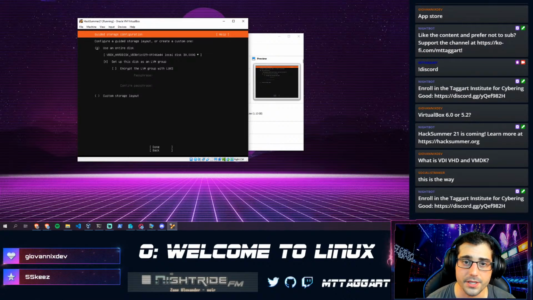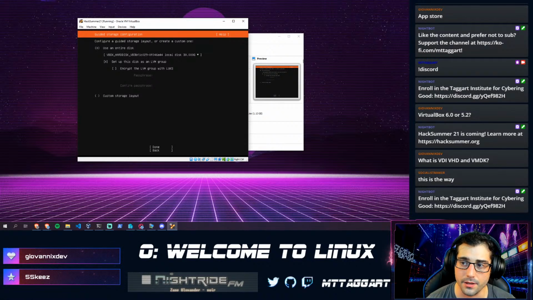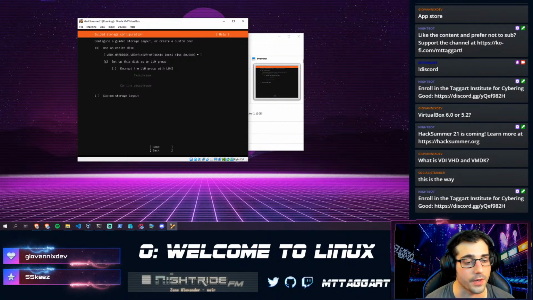Okay. This is where we tell the installer where we would like the operating system installed. We are going to use the entire disk here, which is what this first option says, use entire disk. And then the VBox hard disk, you might see something that looks like that. This second option here, set this disk as an LVM group. We're not going to cover logical volumes in this course. That's kind of like a little next level, but think of it as a software way to control